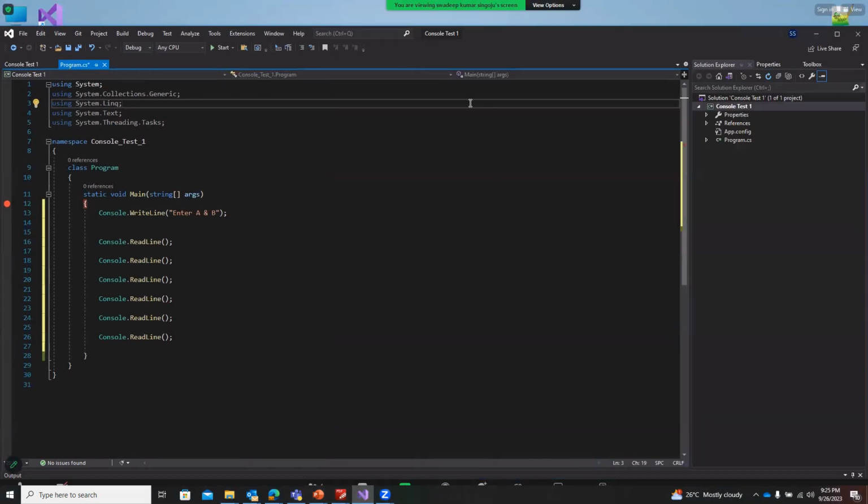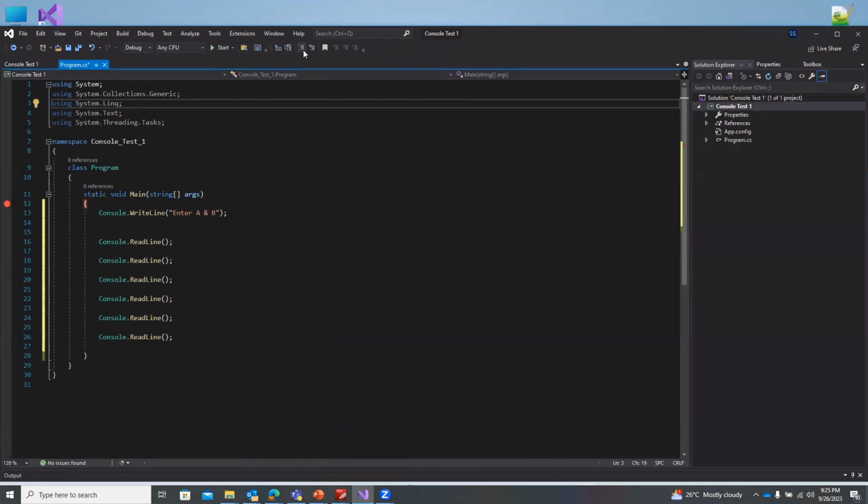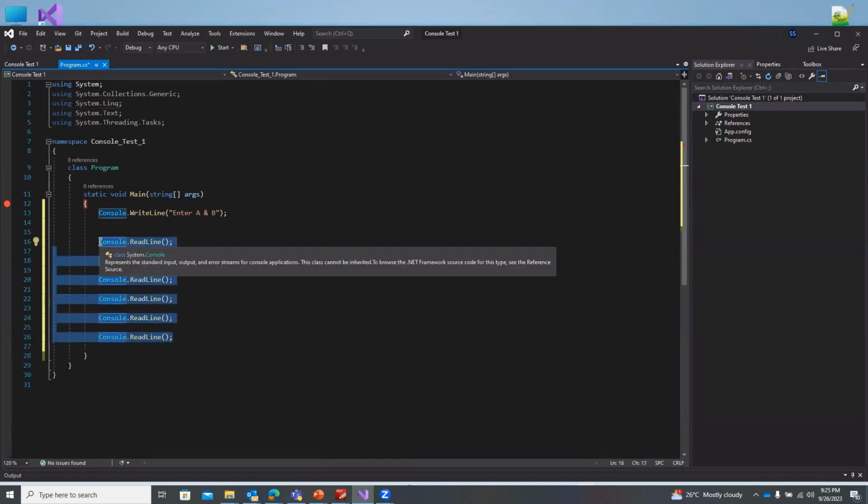You can see here in your Visual Studio there is something called comment. This is uncomment, comment and uncomment. When I select these lines and click on comment,